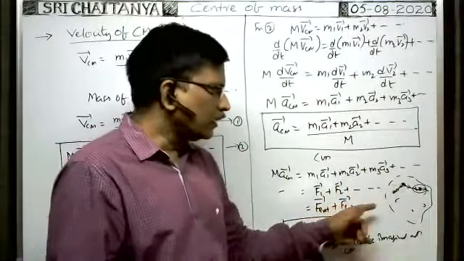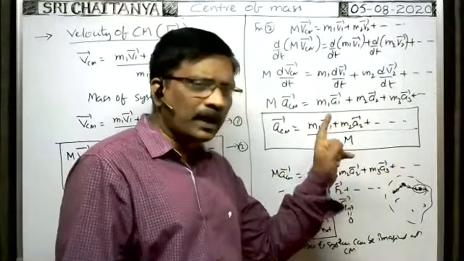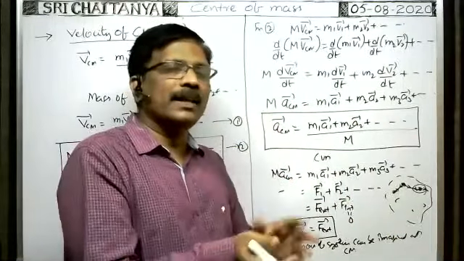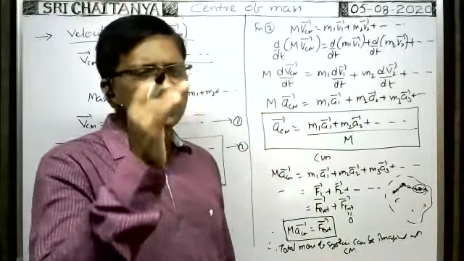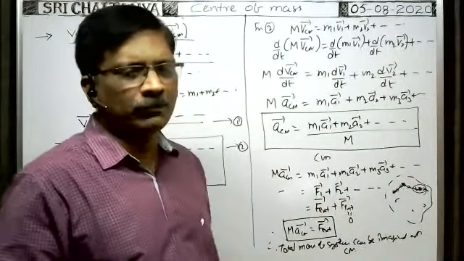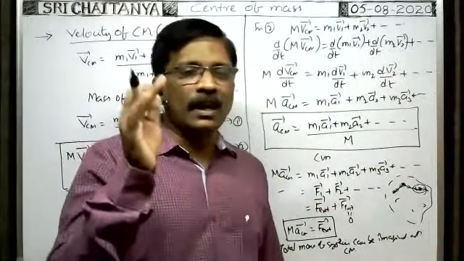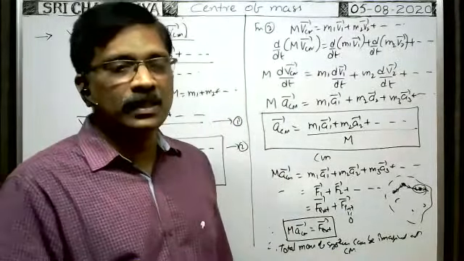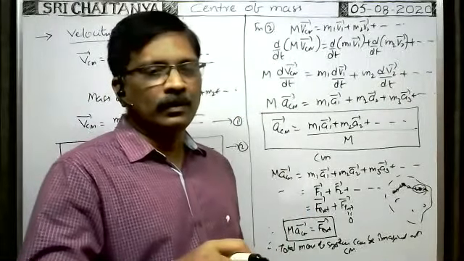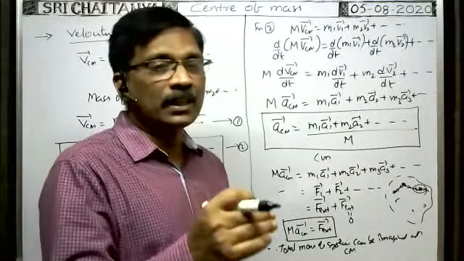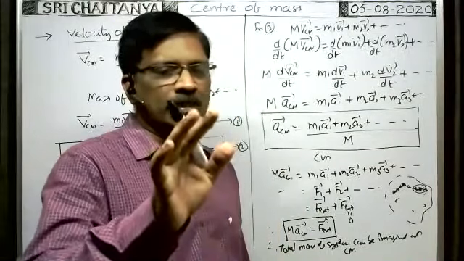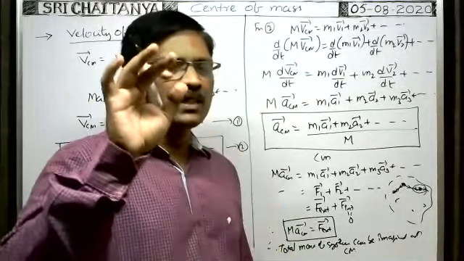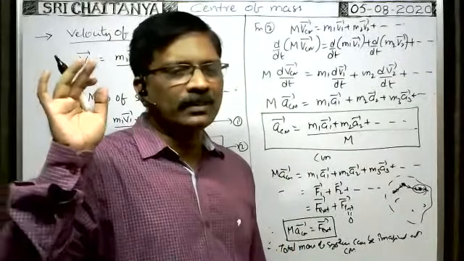Because the net internal force acting on each and every particle in the system is 0, there is no influence of the internal force on any particle. That's why there is no influence of the internal force on the center of mass of the system. That's why internal force does not alter the state of the center of mass. State means that it may be in motion or at rest. It does not alter the state of center of mass, meaning if the center of mass moves with a certain velocity, there is no influence of the internal force on the velocity of the center of mass.